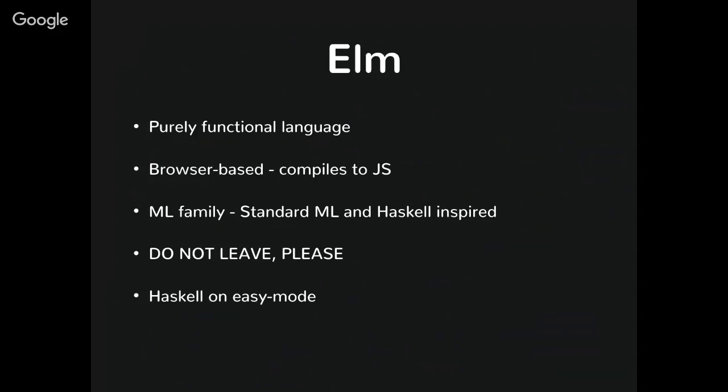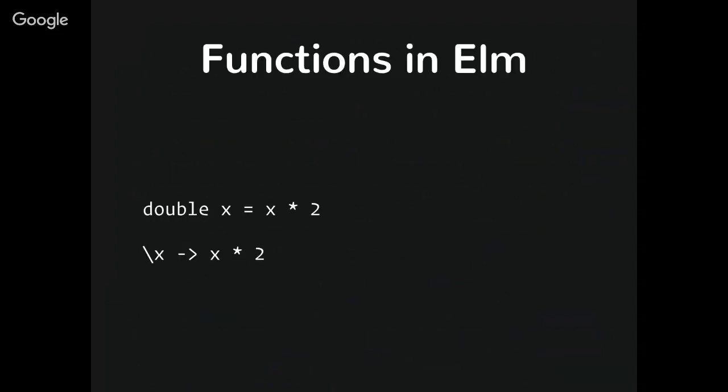But Elm is like Haskell on easy mode, so you don't have to understand category theory and all the other high-level academic concepts to get running with it. The basic premise is that if you use Elm, you get no runtime errors. So if you've had "undefined is not a function" or "null does not have method blah," that stuff doesn't happen anymore. And for me, that's refreshing because I make tons of those and my Bugsnag is filled up with them.